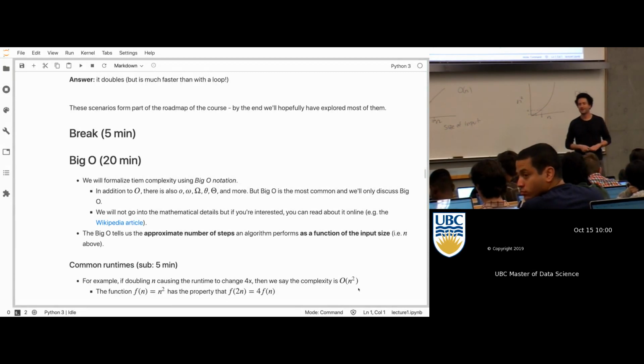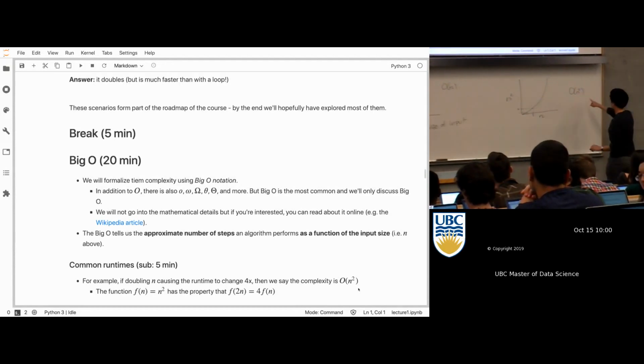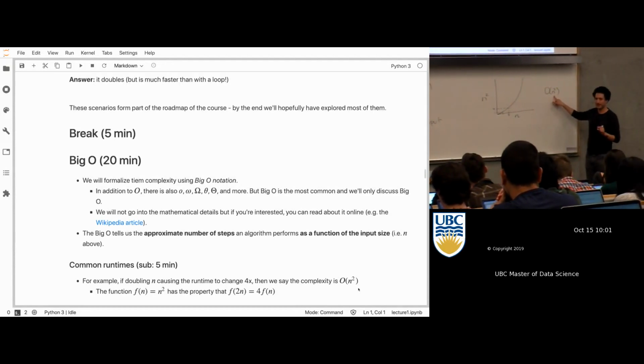Yeah. Why does it have to be n squared, not 4n? Aha! Why does it have to be n squared, not 4n? Okay, so